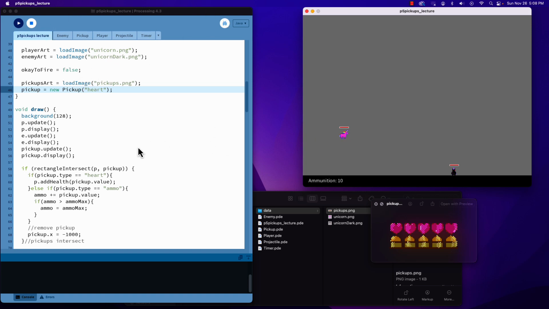So now what we need to do is add multiple pickups, and we want to have a pickup timer that controls how often they're showing up, and then we can randomize whether it's going to be a heart showing up or the ammo showing up, so we can try and figure out how we want to go about that. So the first thing is to make the ability to have multiple pickups as part of this. So we need to add in a few more items